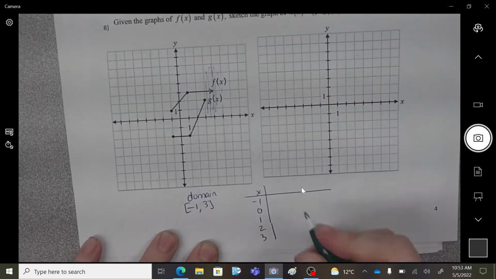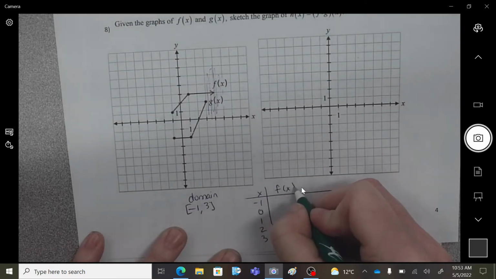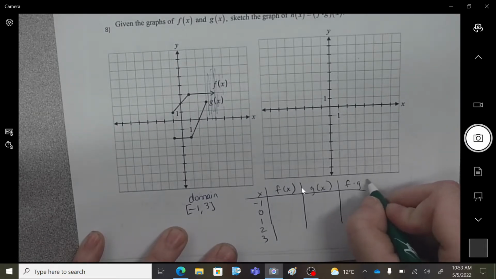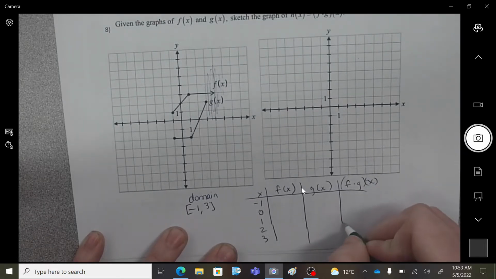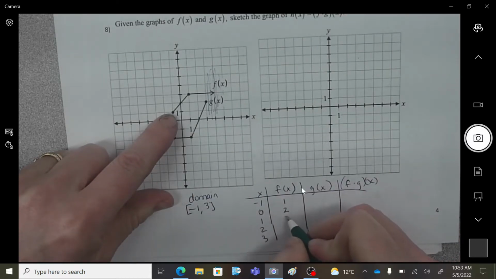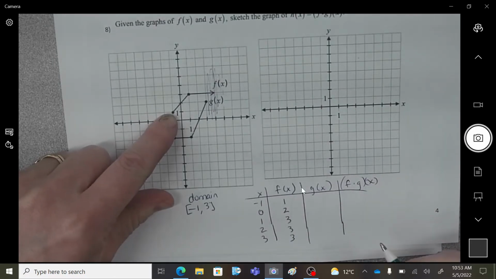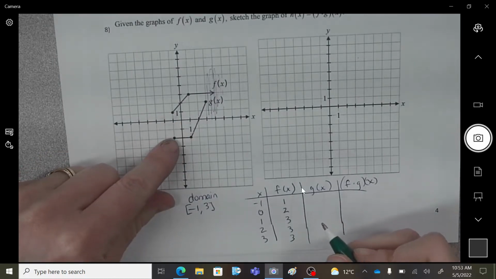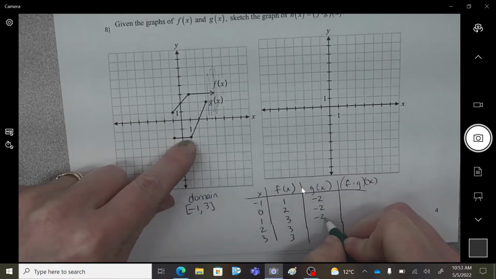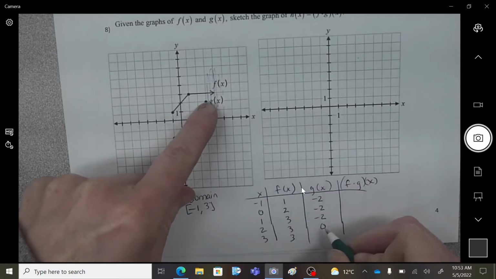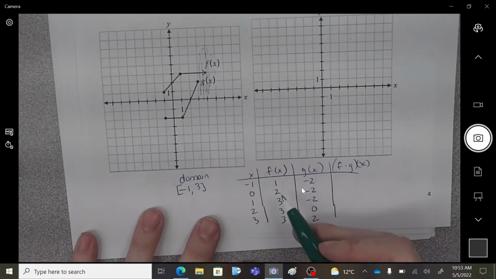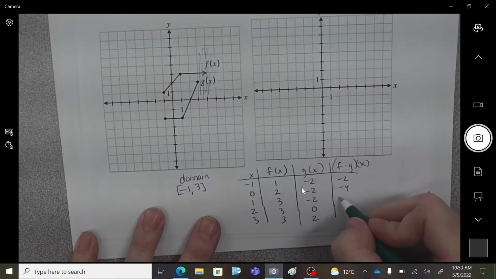So that will be my domain. Let's do the f function column, a g, and then the timesing column. Okay, so the heights of the f function are 1, 2, 3, 3, 3. The heights of the g function are negative 2, negative 2, negative 2, and then the next height is 0, and then 2. Timesing order doesn't matter, so times makes a negative 2, negative 4, negative 6,